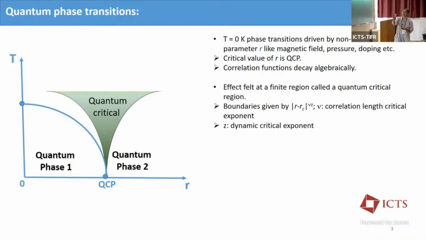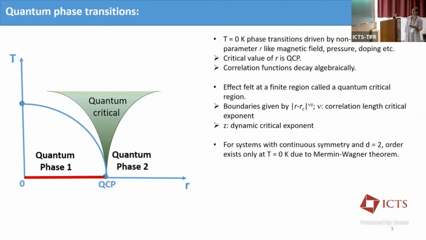And the boundaries of these regions are given by this expression, R minus R_c raised to nu z, where nu is the correlation length critical exponent and z is the dynamic critical exponent. So various theories predict different values of these parameters nu and z, and for a one-dimensional spin half, these have specific numbers. Okay, so now for systems with continuous symmetry and short range interactions and dimension d equal to 2,